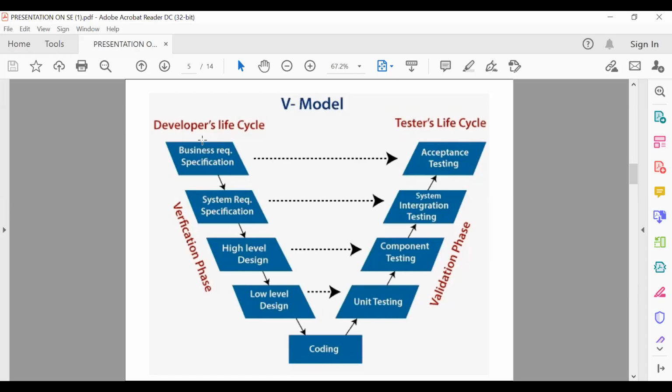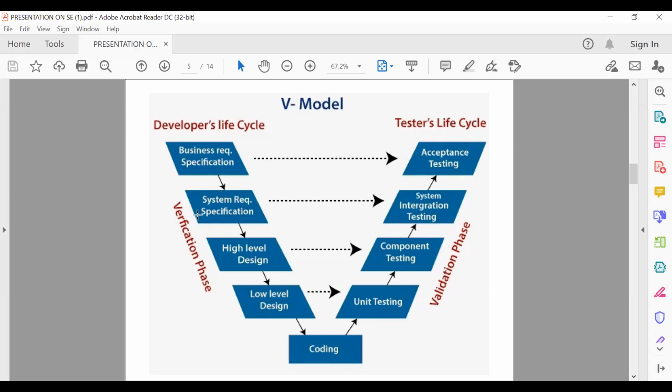At first we have to come to the business requirement specification. From the customer we have to take all his requirements, what he actually needs from his software. After clearly understanding his business requirement, we give this specification to our testing engineers, who will do the acceptance testing, that is, whether all the requirements will be satisfied by the software or not. It will be tested by our testing engineers,